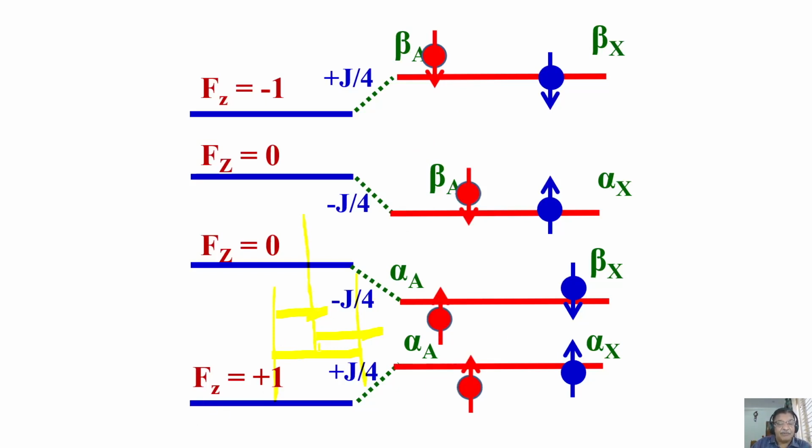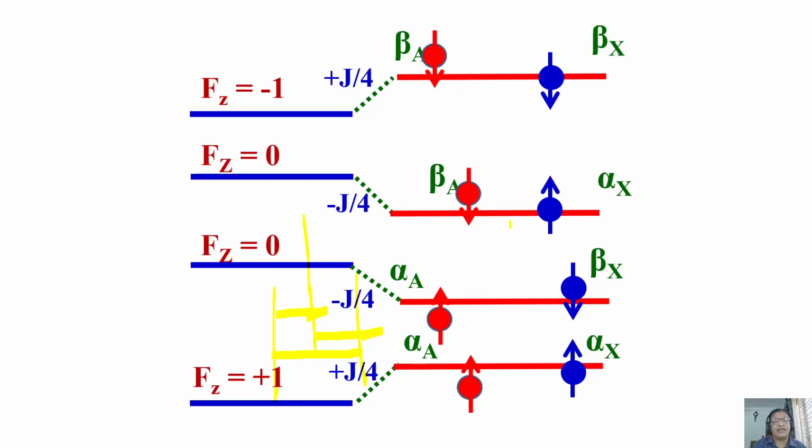This peak, central peak, split into two of equal intensity. This moves to the right. The one which moves to the right is lower frequency, this peak, and one moves to the left is a higher frequency, which is this peak. So we have two peaks. Now, because they are different frequencies, unlike in the previous example, there is no overlap. They are two distinct peaks with different frequencies. You understand the point? Now, what about this one?